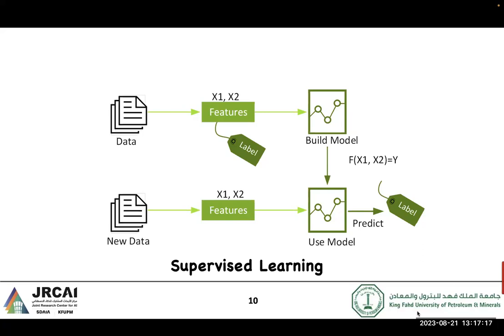We should bring the data with their labels, and the aim here is to find this function. It's some kind of approximation linking the input to the output. After that, in the bottom part here, this is the inference. So now there is no need for the label because the model is already trained and we can use it.